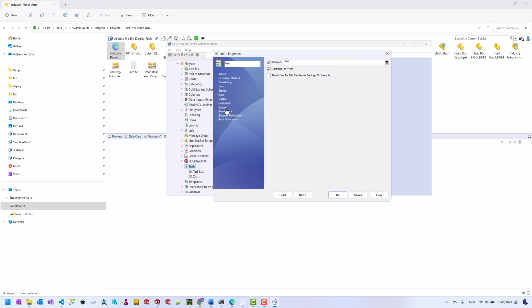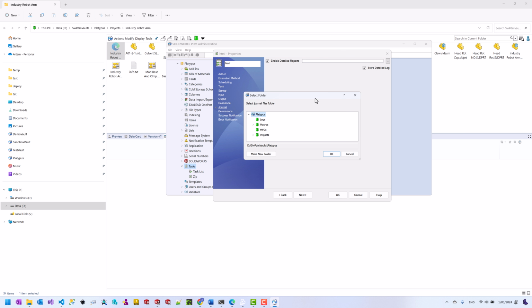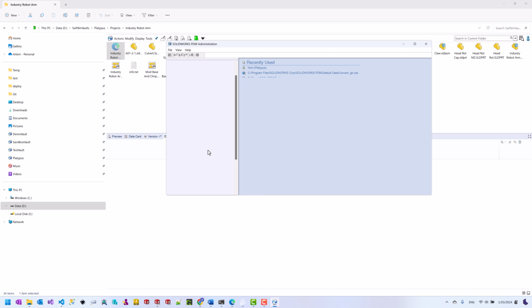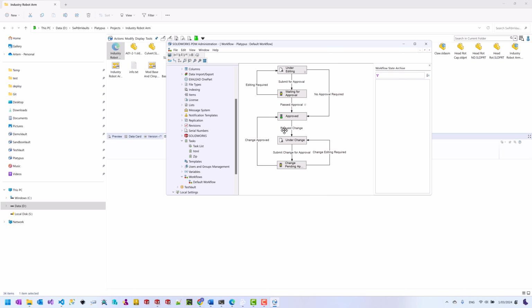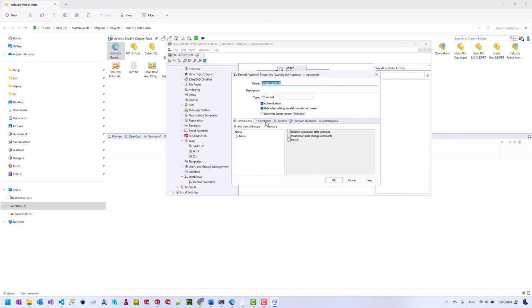So I can also specify some additional options such as journal. So I want to store the detailed journal about my process. Okay. And because it's a standard PDM task, I can effectively integrate it into the workflow. So I might want to run this task automatically whenever my file goes into the approval. So I need to add action,